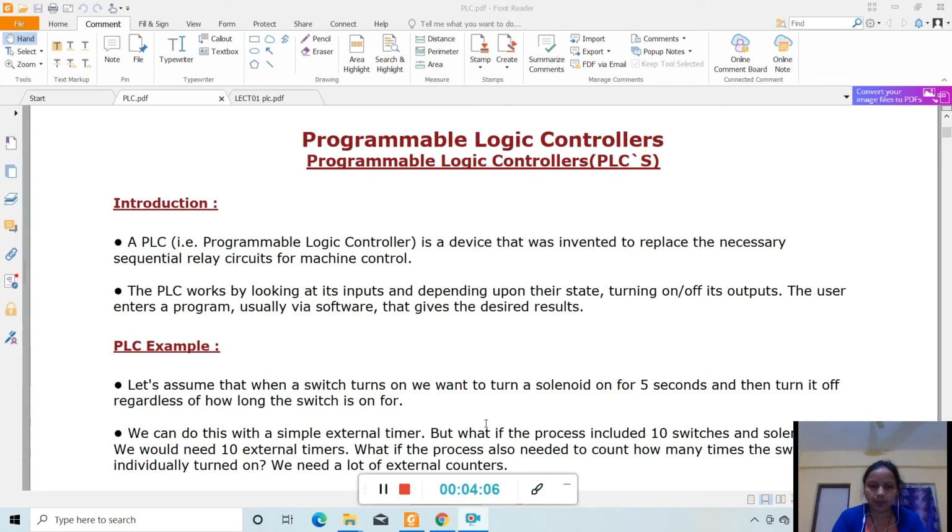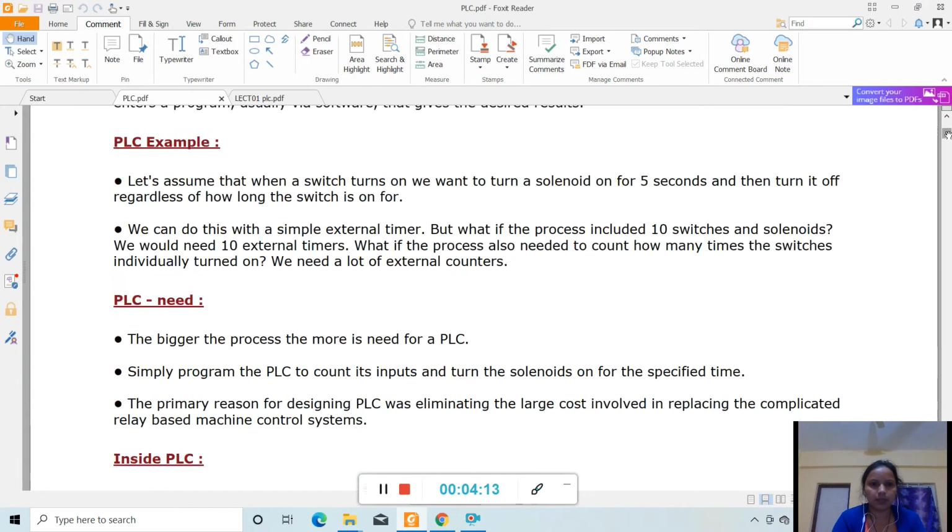Some PLC examples: let's assume that when a switch turns on, we want to turn a solenoid on for 5 seconds and then turn it off regardless of how long the switch is on for.